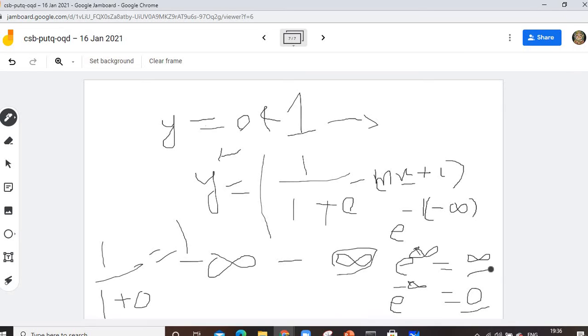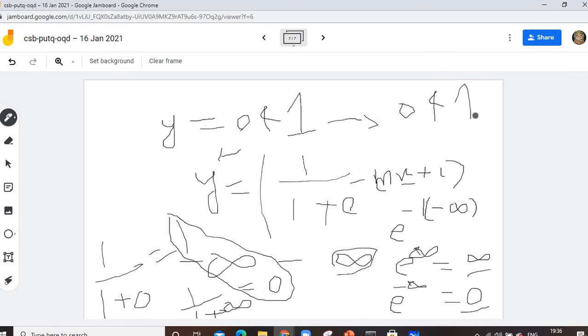And in this case, if this is infinity, then this total calculation will be 1 divided by 1 plus infinity. Yes or no? Then it will be 1 by infinity. That means it will be 0. That's why my y figure lies between 1 and 0. Sigmoid always converts all these figures between 0 and 1.